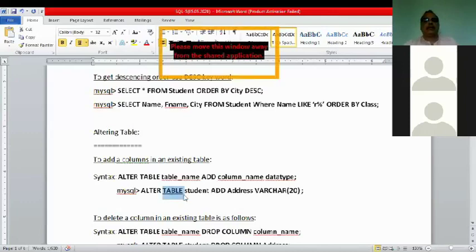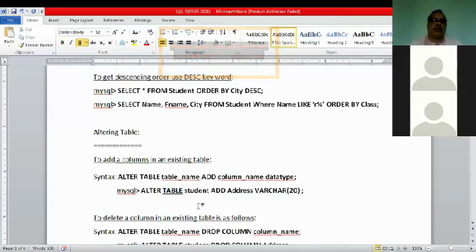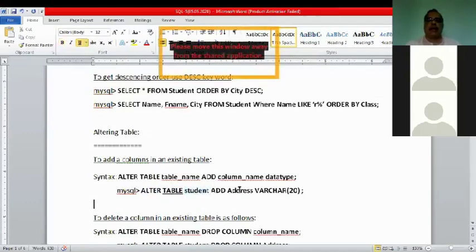We must use the keyword table while we alter. Before also we used the keyword table, while you created the table: create table, then table name. Here, alter table, table name, add field name.